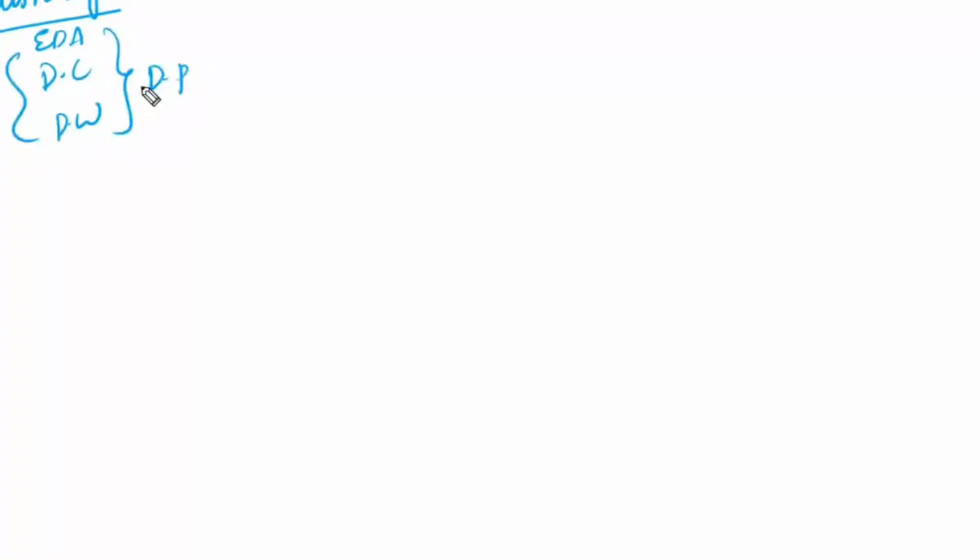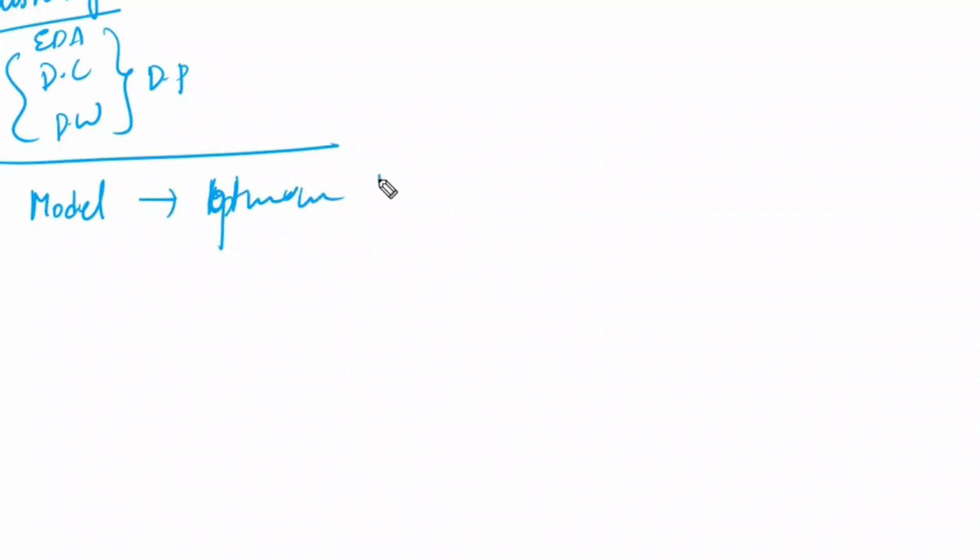Now, sir, in real life, if you are doing a clustering problem, then what do we have to do? First you have to select the data set, and for the data set, you have to do the data cleaning or data wrangling, that is encoding. And before that, you have to do the EDA. Commonly, this data pre-processing stage is common. Once the data pre-processing is completed, you are going to apply the model. In the modeling, first you have to identify the optimum number of clusters. For that, the best one is only k-means.